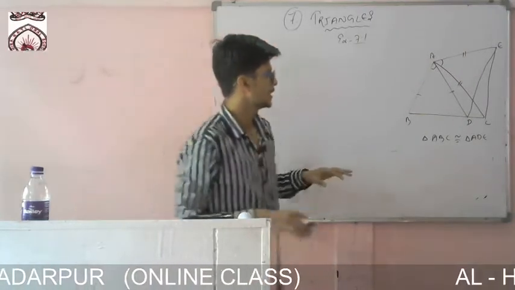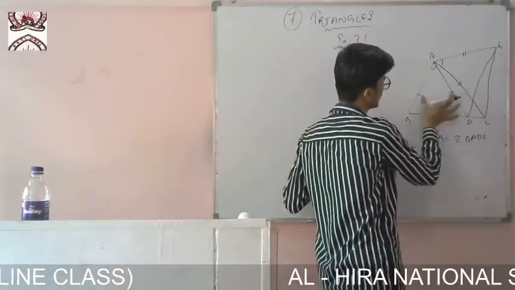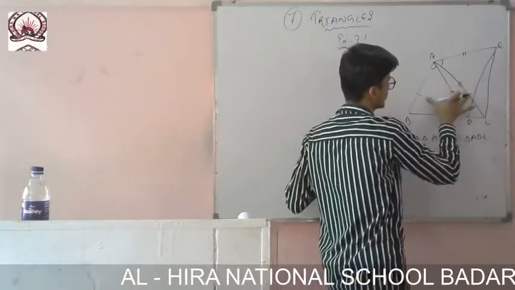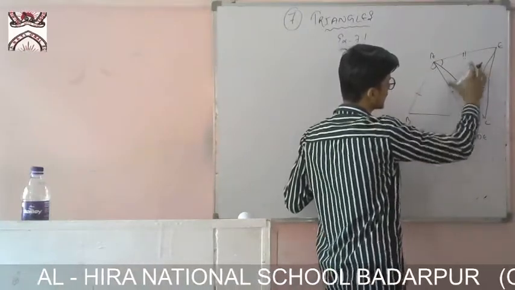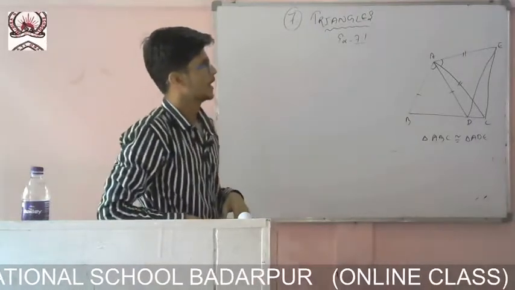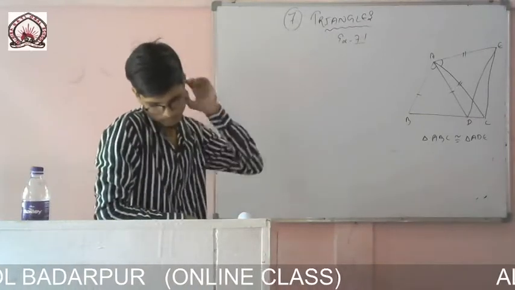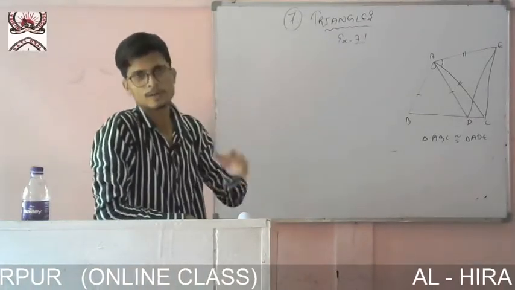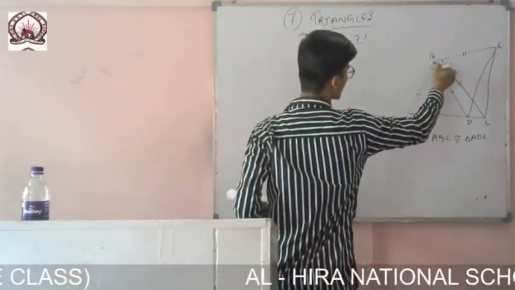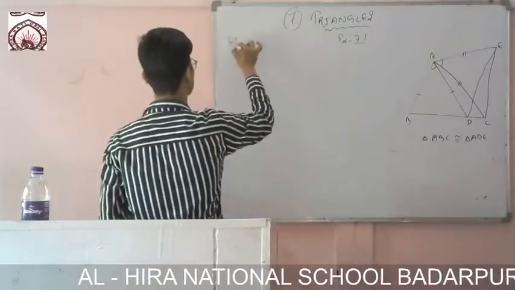If you see triangle ABC, one side is there, and in the other triangle this side, and this side is common. And this side in one triangle and this side in the other triangle are also equal. So two sides I have got, and one common part is there. One more angle we need to find, and it will be solved very easily. One angle we need, this whole angle, one common thing. So first of all, let me write question number 6.